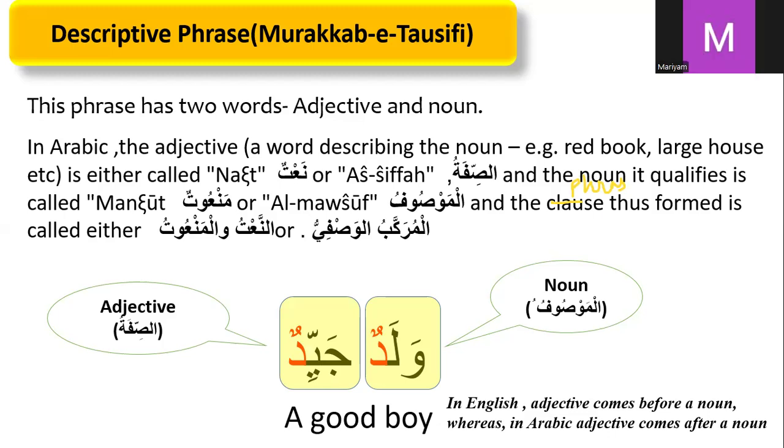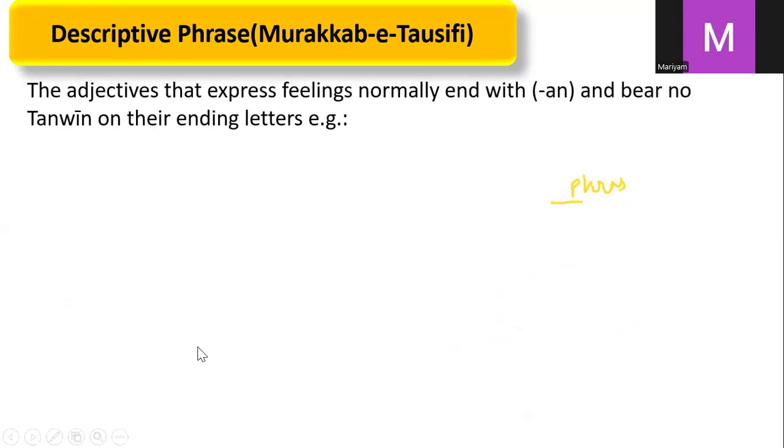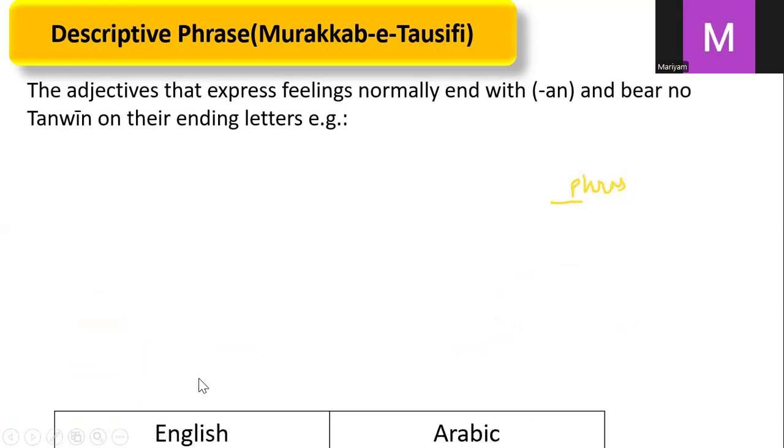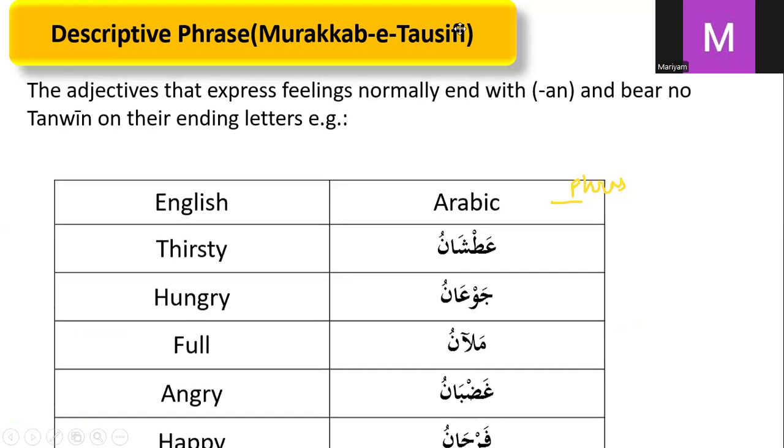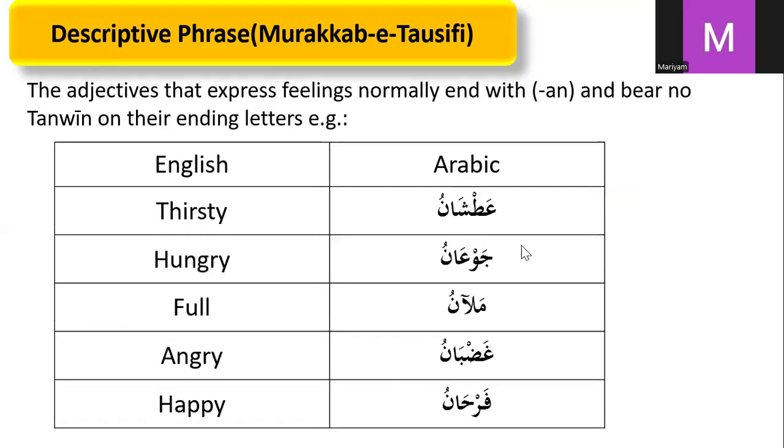So here keep in your mind there are two parts of speech we use, adjective and noun. When there is a combination of adjective and noun, which works like one word in the form of a phrase, we can call it an adjective phrase or descriptive phrase. Now let's understand the rules for this. Before starting, as I have already shared all the vocabulary with you, you need to take all the adjectives from it. But here I'm showing you some adjectives.